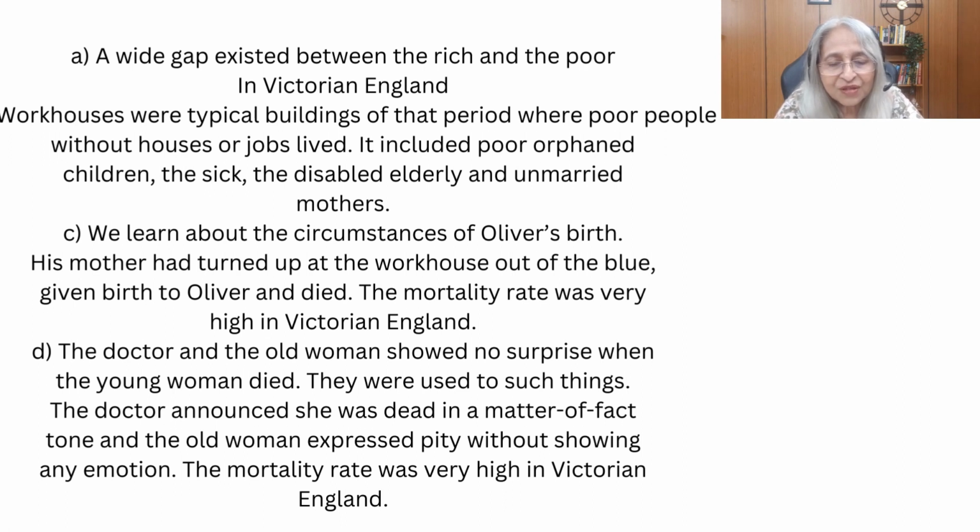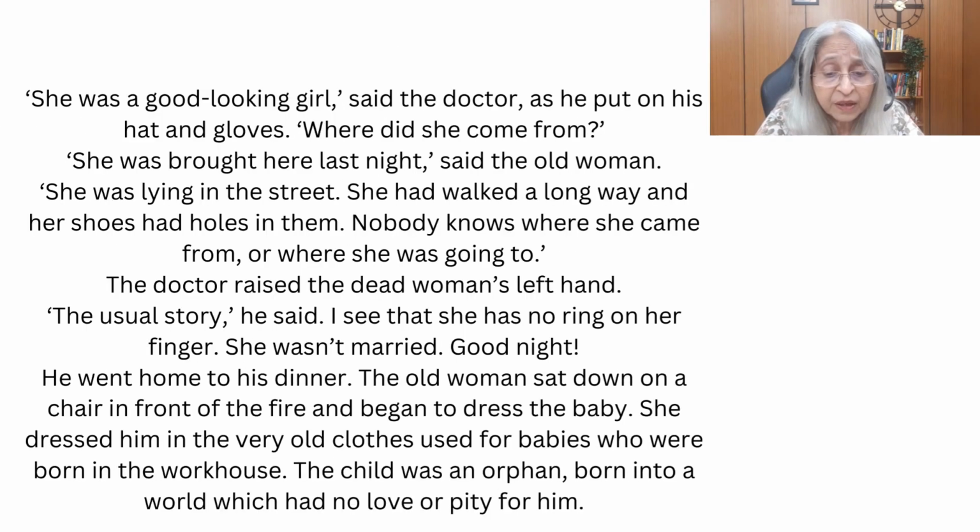And then, of course, she died, and the doctor announced her death, oh, she's dead. And then he went away for his dinner after checking out one or two things. So, you see, mortality rate was very high in Victorian England. Diseases spread like fire, particularly cholera and such things, because water was not good enough to drink or for anything. All right. We'll go on to the second part now, and we'll find out why the mother had to